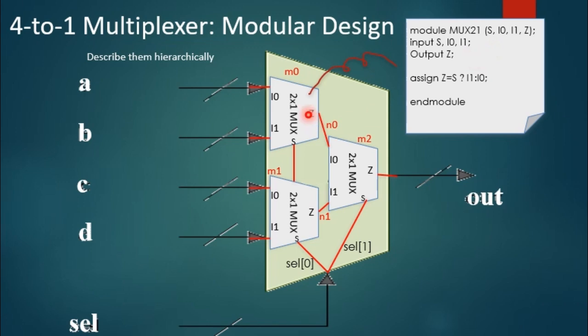So you need 3, but you just need to design once, because the 3 units here are just 3 copies or instances coming from the same type of design. So after you successfully describe the 2:1 mux,